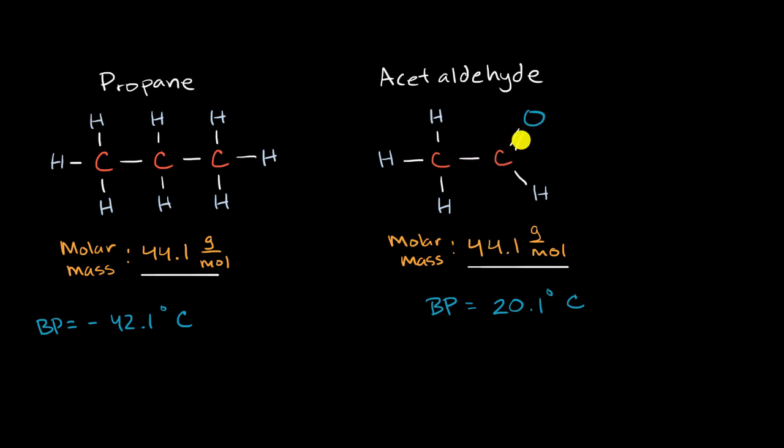So for example, in this situation, this oxygen, it shares 4 electrons with the carbon. You have this double bond. Each bond represents 2 electrons. But those electrons are going to spend more time around the oxygen than the carbon because oxygen is a good bit more electronegative. So you can think of the entire electron cloud of this molecule just being more attracted to that oxygen. So that end of the molecule is going to have a partial negative charge, and then the rest of the molecule right over here, you could view it as having closer to a partial positive charge.